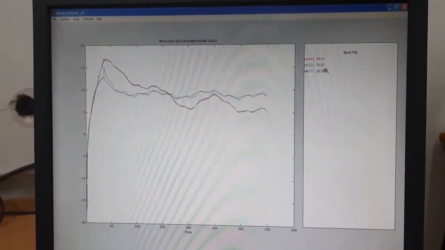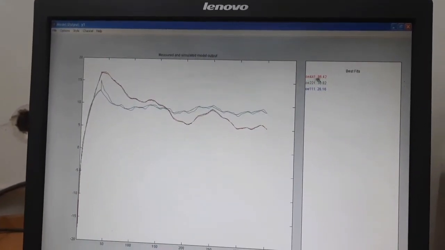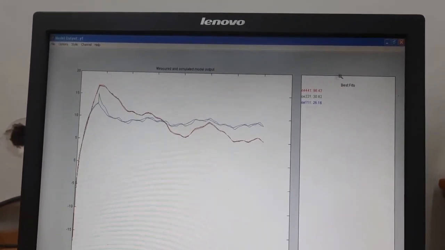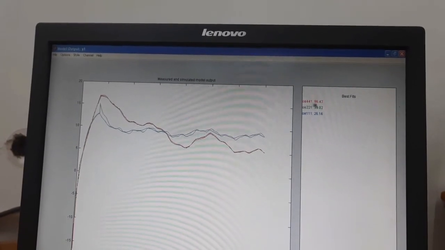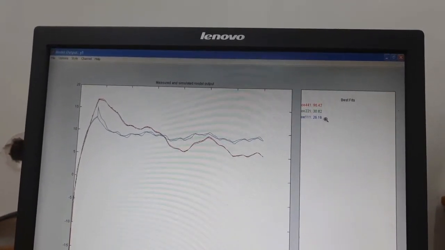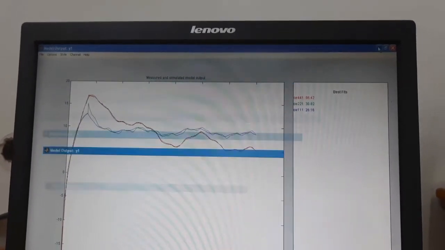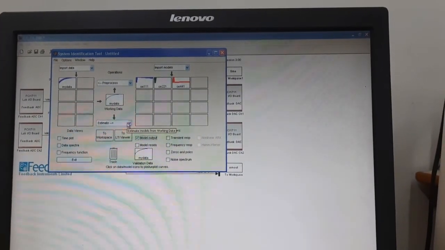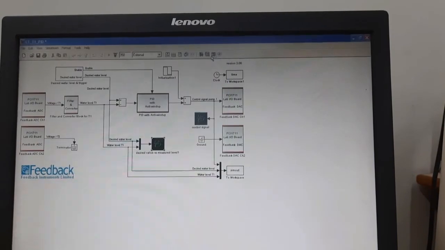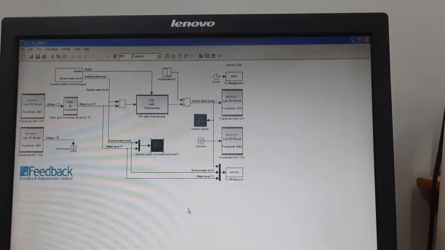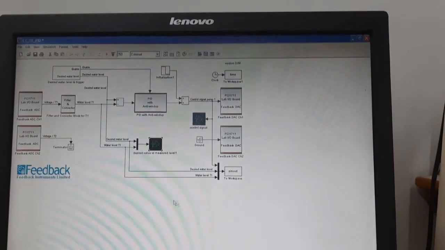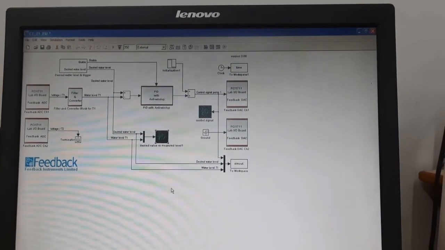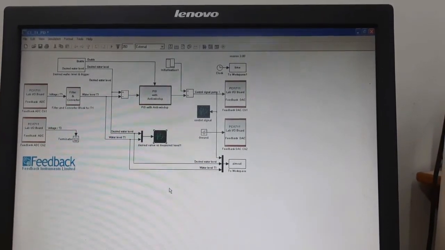So we have tried 3 models, but we can see here only one model has a very good fit value, close to 97. That is why we have chosen this model. So irrespective of anything, you have to see how the best fit value is showing. From that you will choose that model, and you can try different values also when creating the model. After that you will take that model to our workspace, then you will create our transfer function and the PID controllers. So this is the total experimentation of this real-time control system laboratory here. So this is the demonstration of our couple tank model. Thank you.